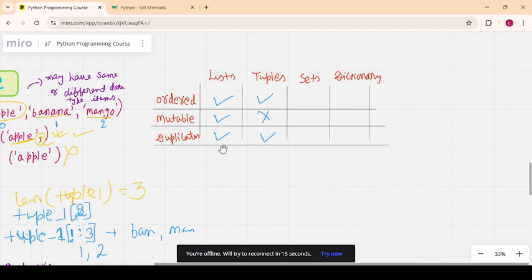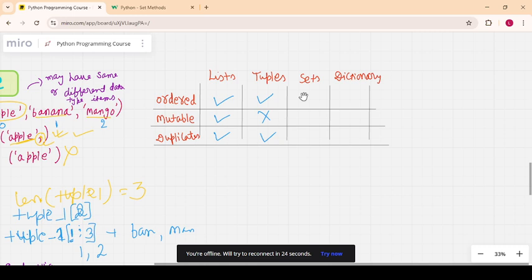For duplicates, we allow duplicate items in a list. For tuple we allow duplicate items, but in a set we are not allowing duplicates. So you will see how sets vary from list properties and tuple properties.